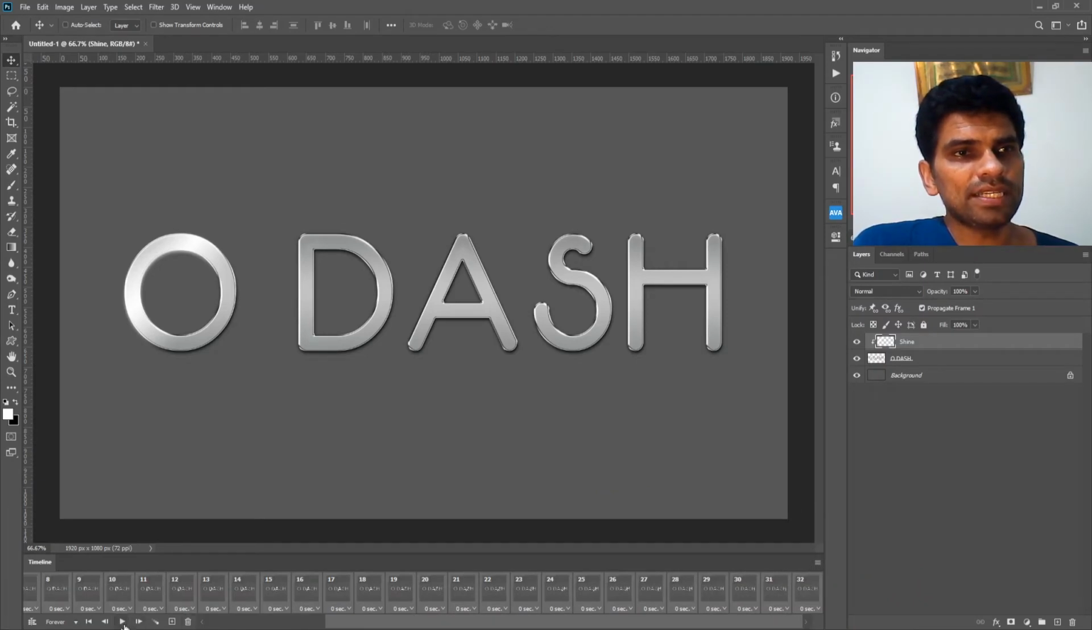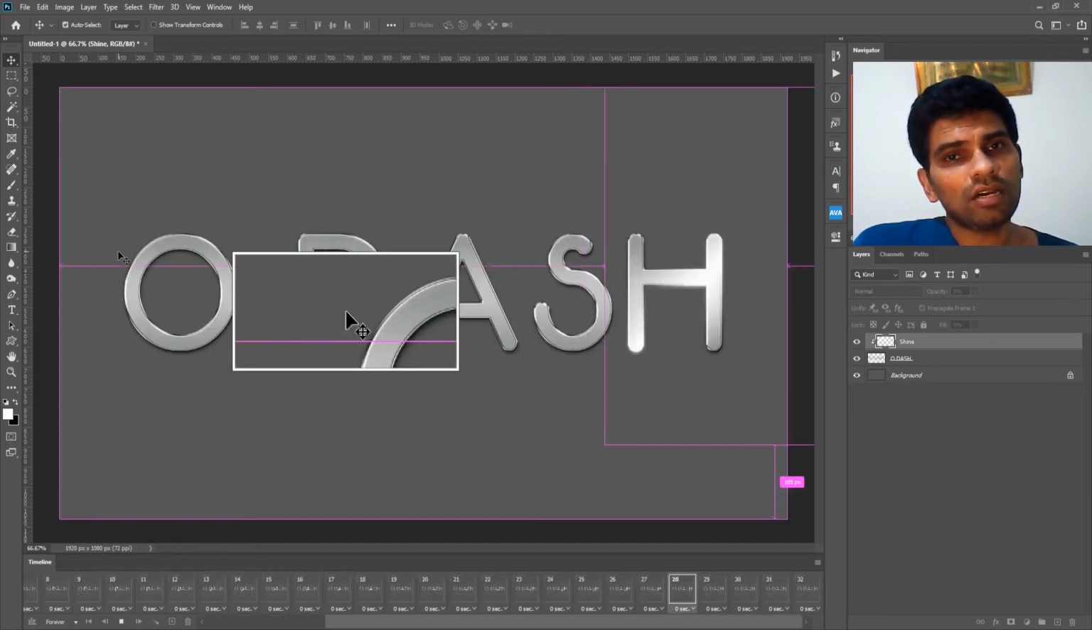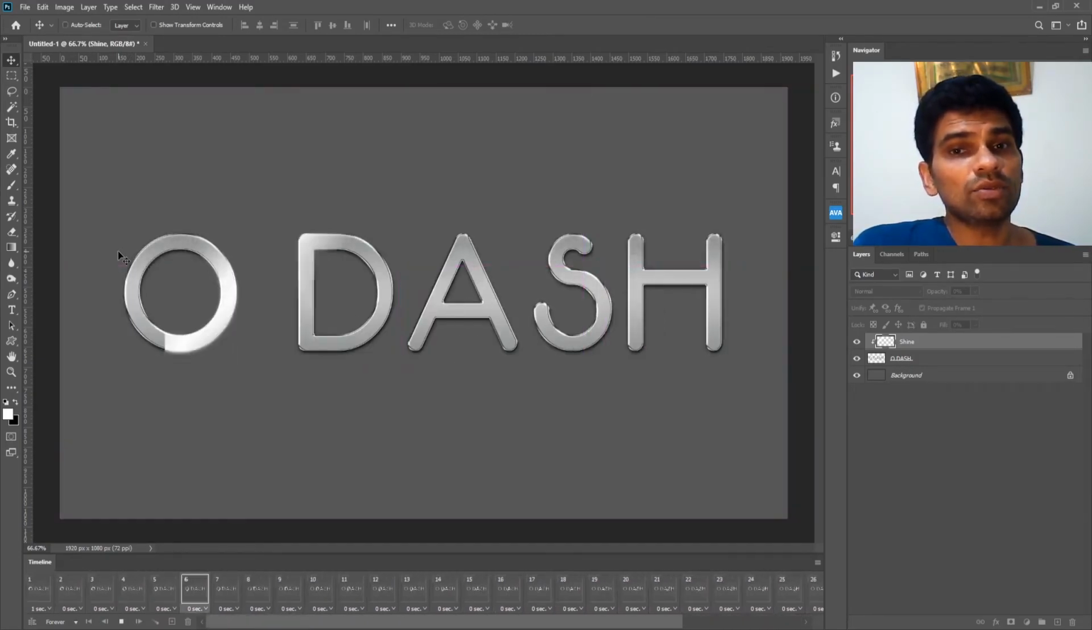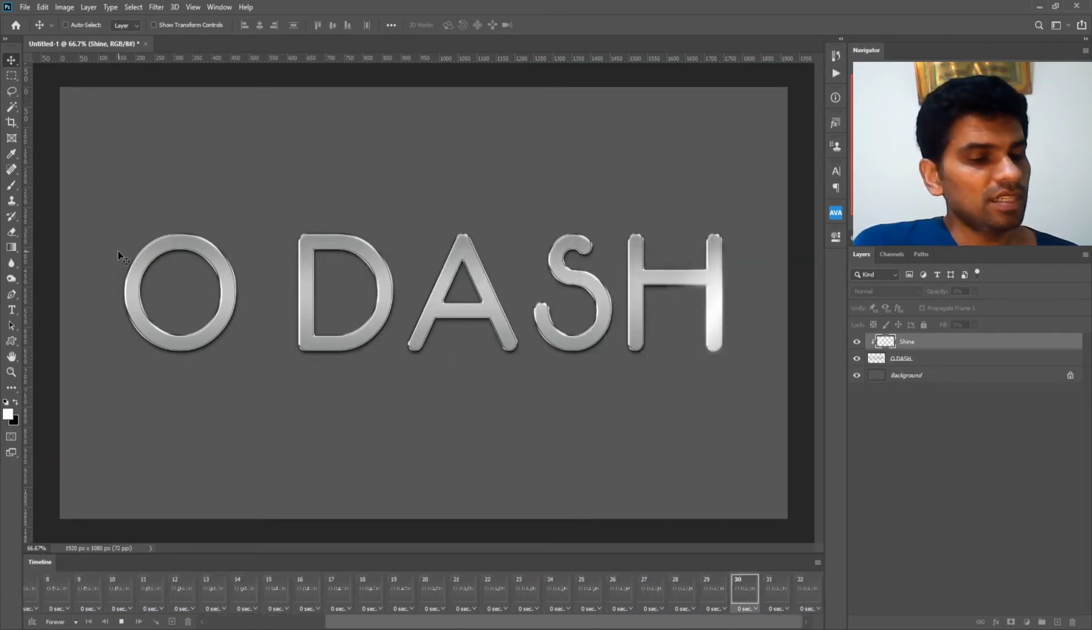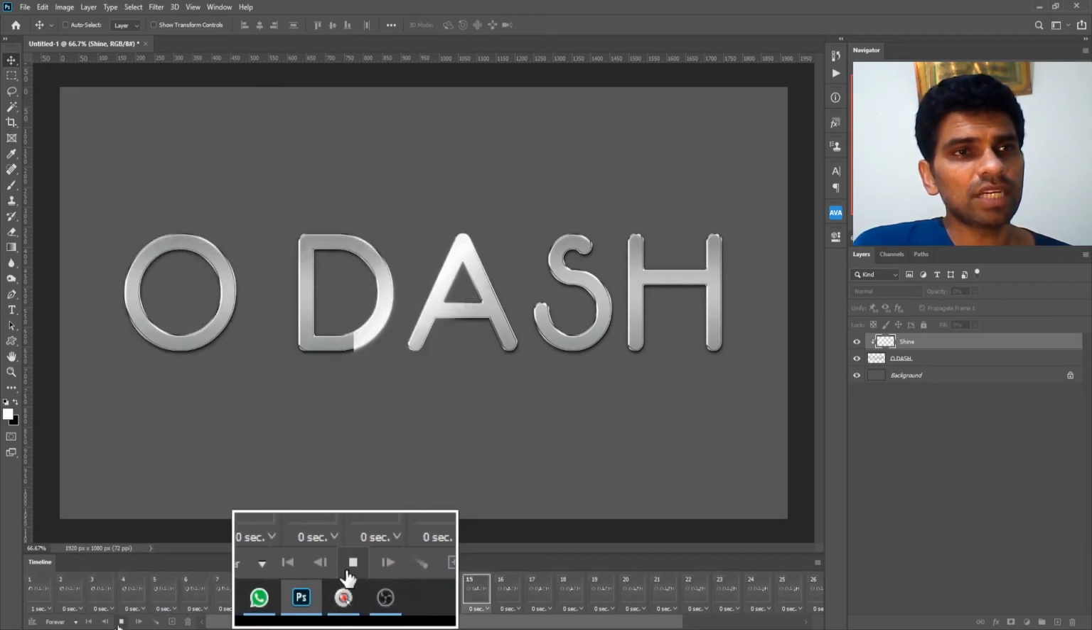Now if we play it by clicking this play button, you see the animation is going okay. It waits at the start for 1 second, then it goes by. Now you can create this into a video or a GIF. Here's how. If you want to create it into a GIF, first we will stop this animation by clicking the